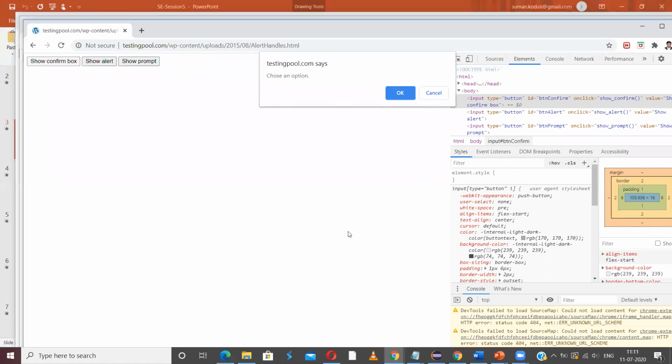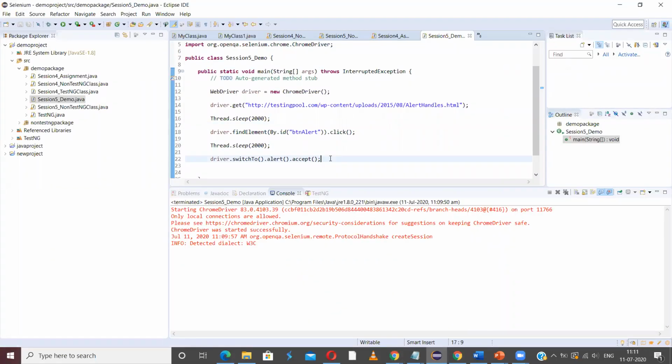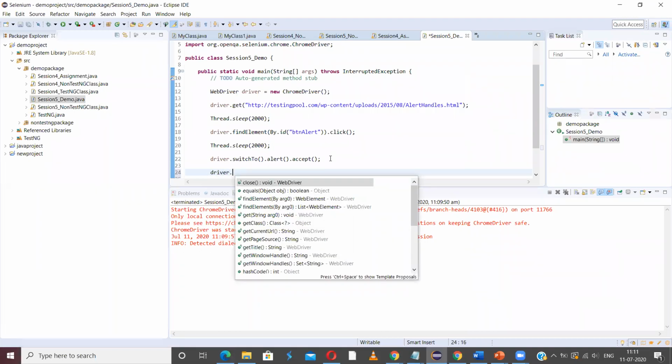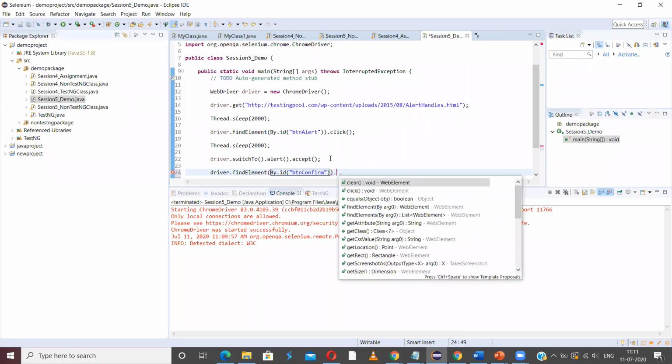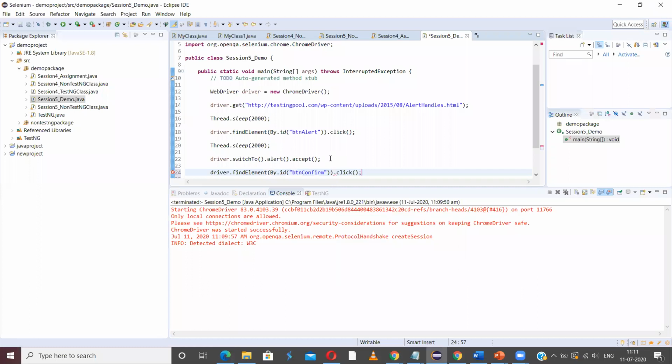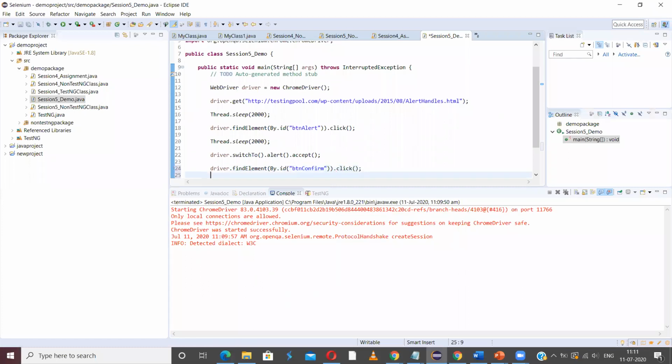So let me go here. Now let me find an element with ID BTN confirm, and let me click on it. After clicking, let me also wait for some time, 2 seconds.